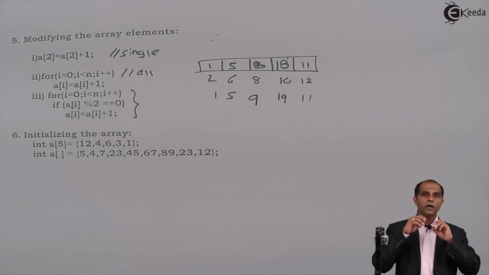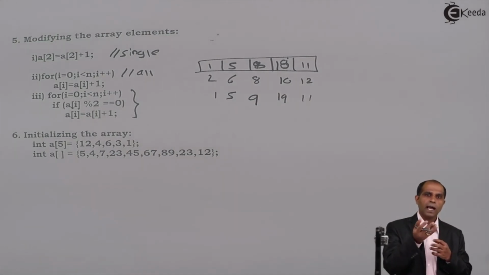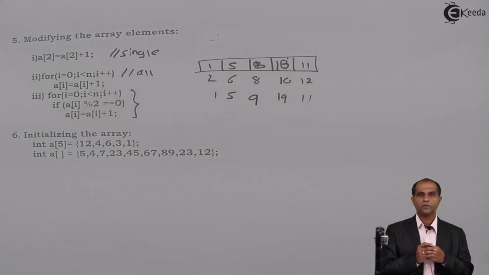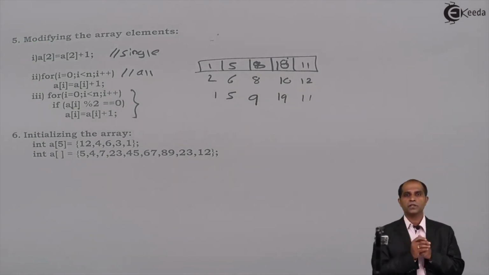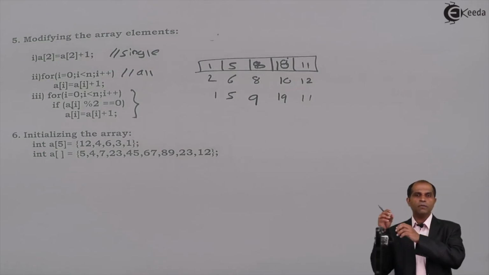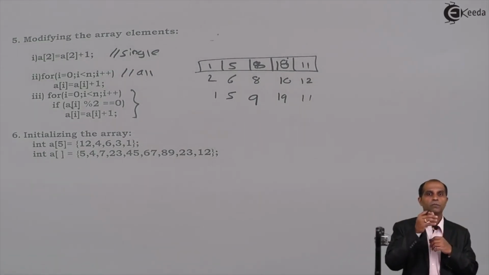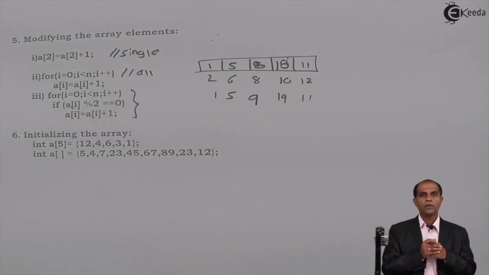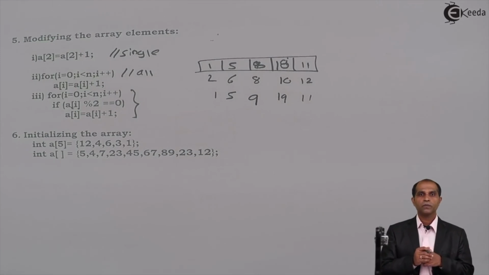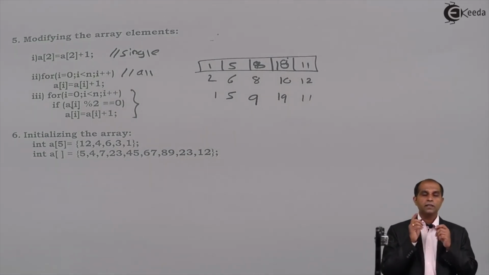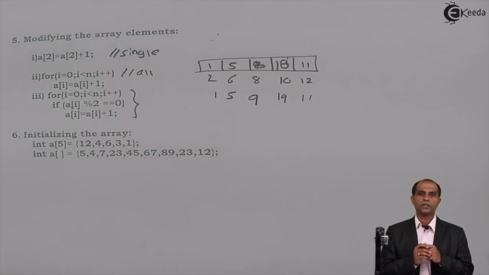What if you want to avoid reading the array and want to accept values of the variables from the program itself? We call this initialization. Rather than accepting values from the user or one who is going to see our program, if I say that I have to set the values in the declaration itself, yes, array initialization is also possible. But the condition is that this initialization has to be done only in the declaration, not after the declaration.